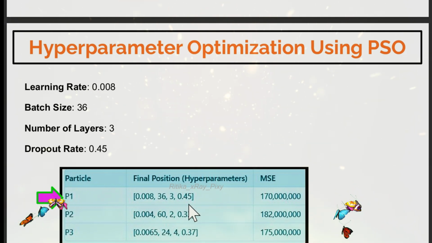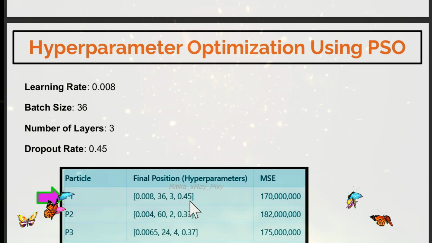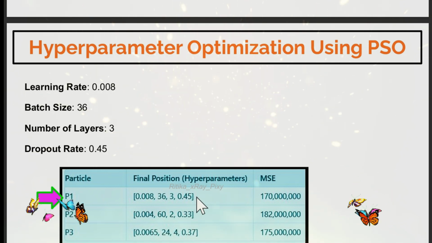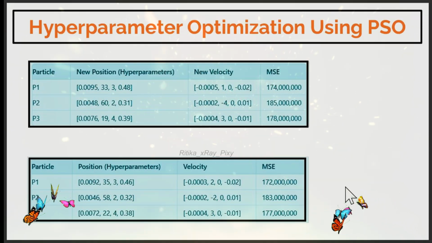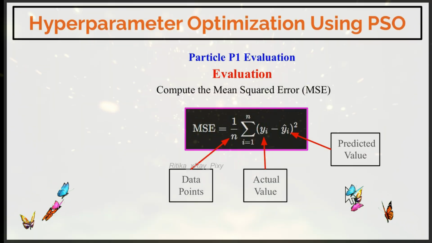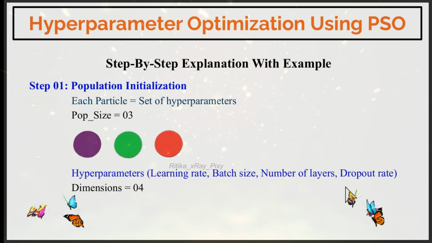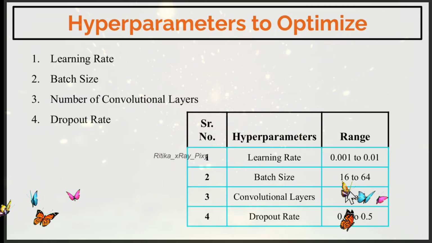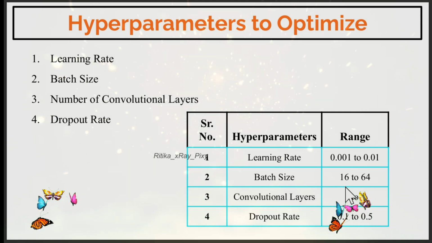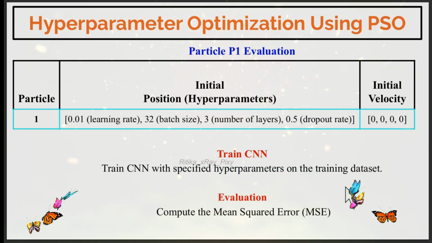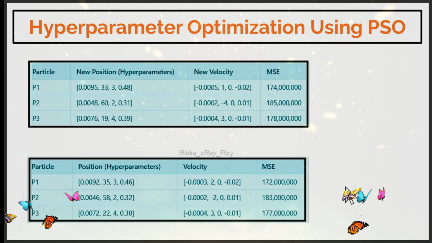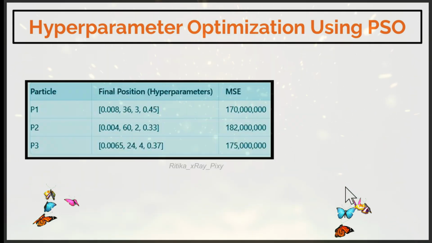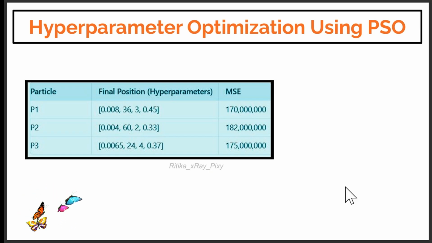This is a simple example of how we can use PSO to optimize the hyperparameters in a CNN and improve the model performance. By iteratively updating the particle positions, say for 1000 iterations, based on their individual and collective performance, PSO will converge toward the optimal set of hyperparameters, improving the predicted accuracy of the CNN.